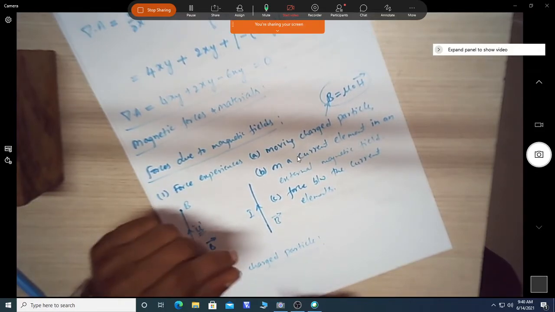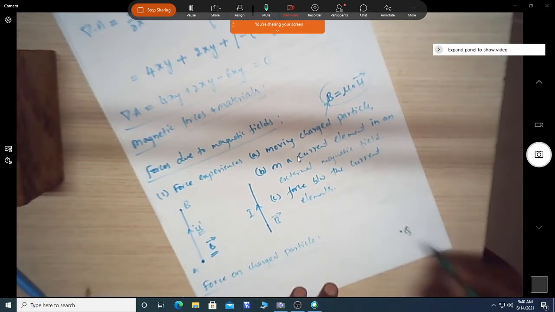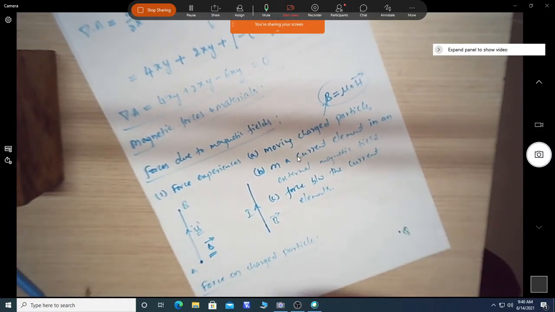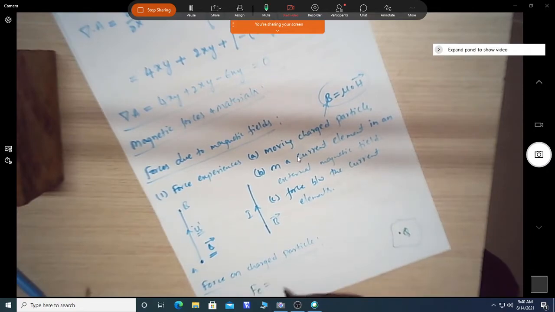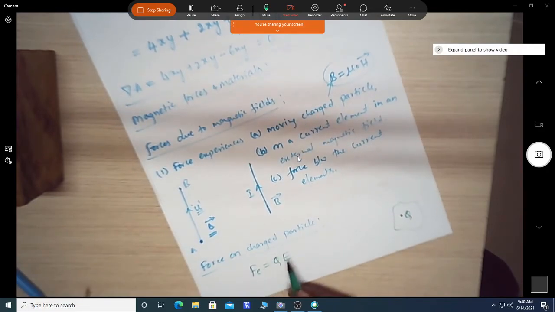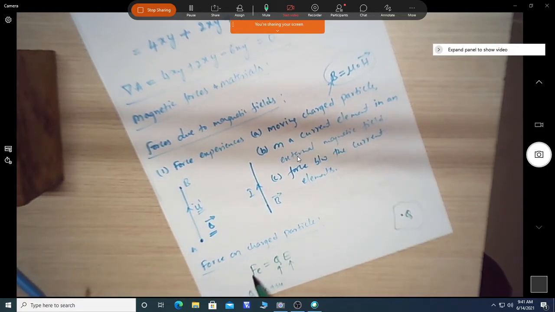We have already studied the force due to a charge which is placed at some point. What is the force experienced by this charge, which has some field around it? That we have seen in electrostatics. The force experienced by that charge is nothing but Q into E. Here we have the charge and the electric field intensity related to the force equation. If the charge Q is positive, the direction of force and electric field intensity will be in the same direction.